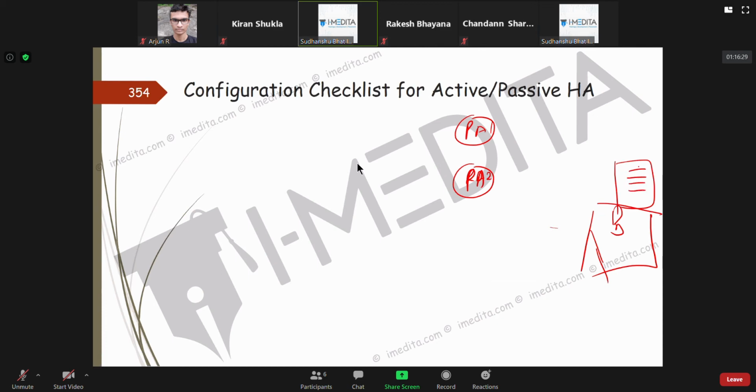Suppose it was connected to Palo Alto 1 because that was the highest priority. It already has a list of other firewalls, so if it stops responding, it will move on to the other firewall.